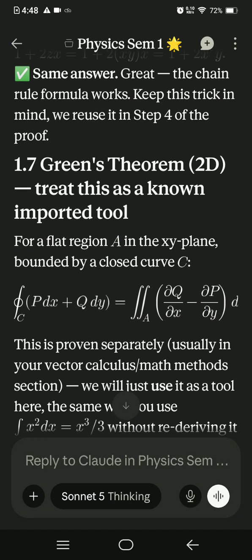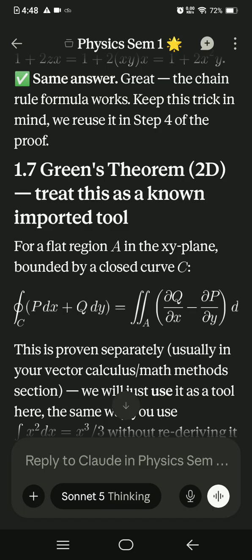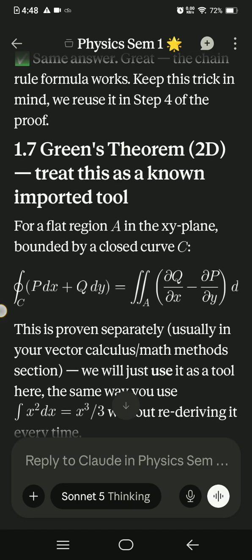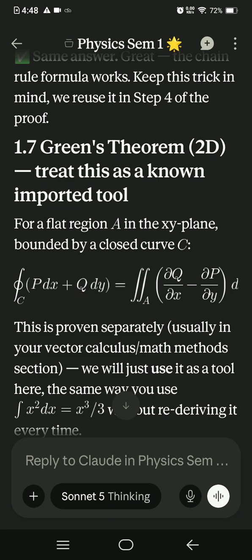Now we have this formula for a flat region A in the xy plane bounded by a closed curve C. So we have a flat region in a plane, but that flat region is not a particular shape. I guess it's just a closed curve, so it can be a random shape but flat. So for that we have this formula,